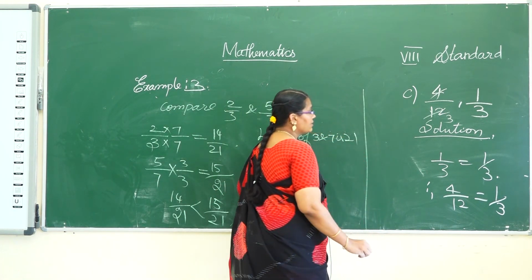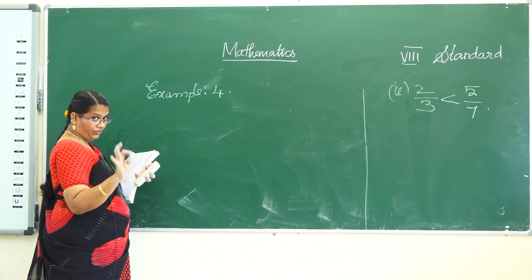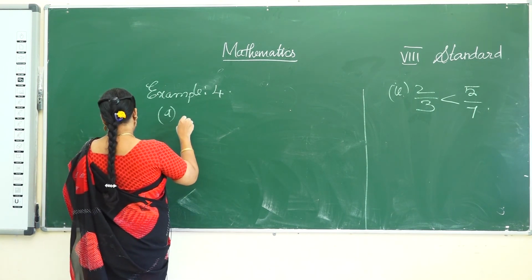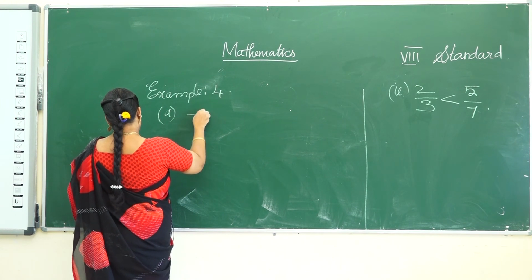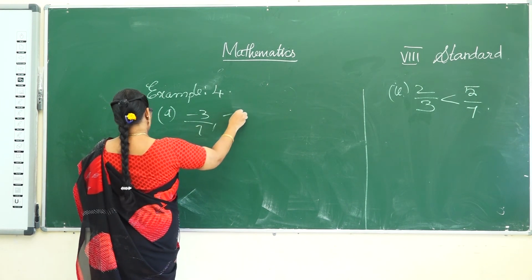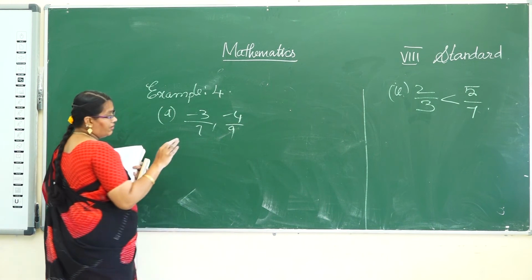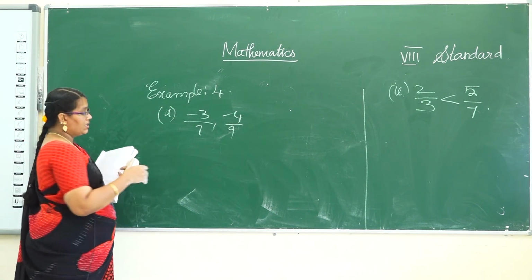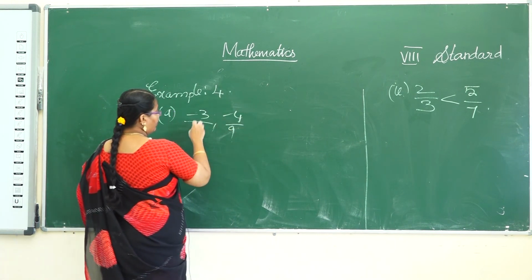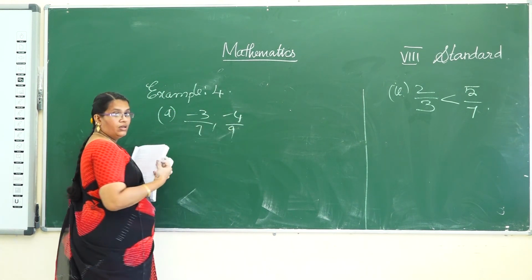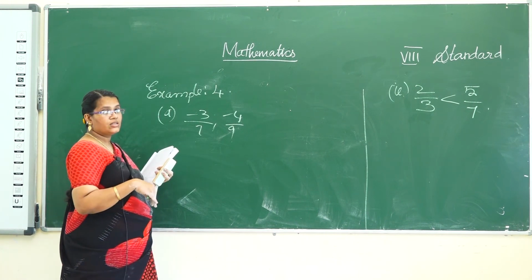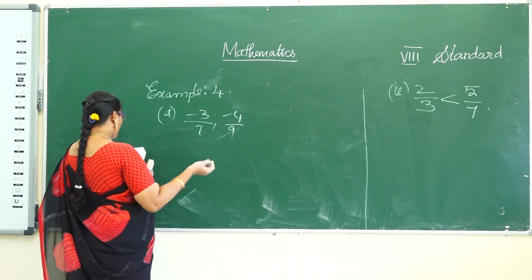Okay, compare the following. So, the method is different. If I do the first option A, minus 3 by 7 and minus 4 by 9, in this place we will do the LCM, is it? Because there are two different denominators and numerators, take the LCM, calculate the values, and find out which one is greatest. Here is another method.